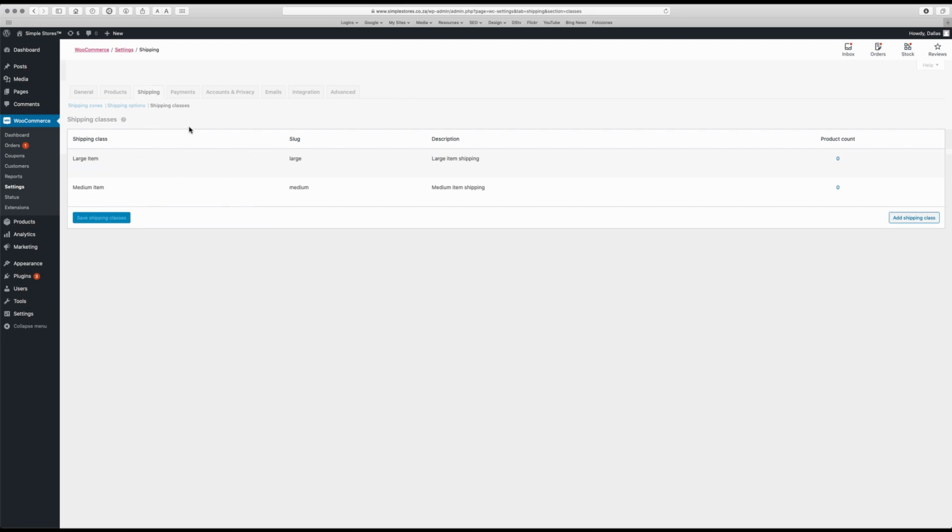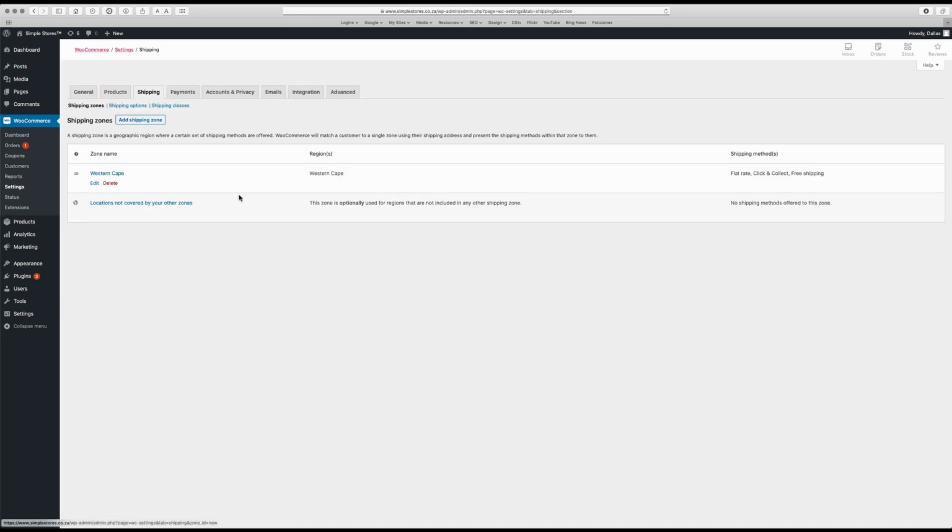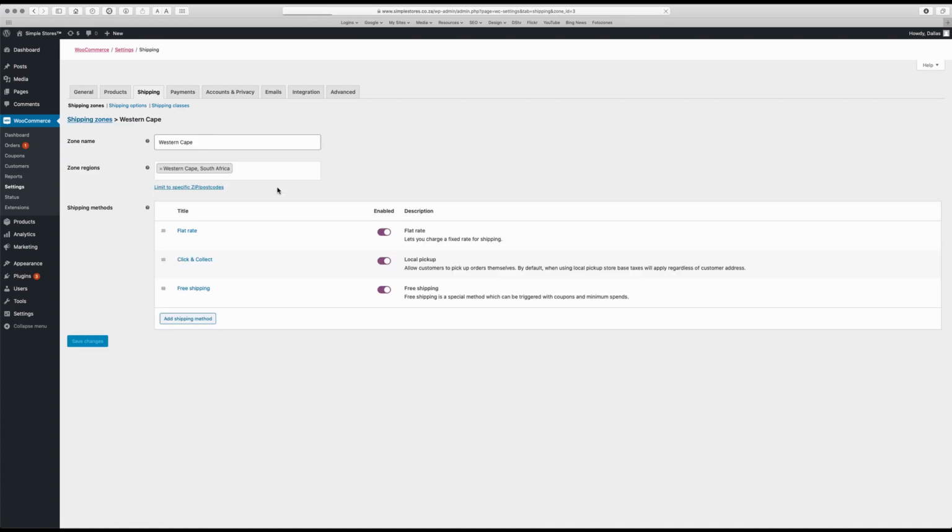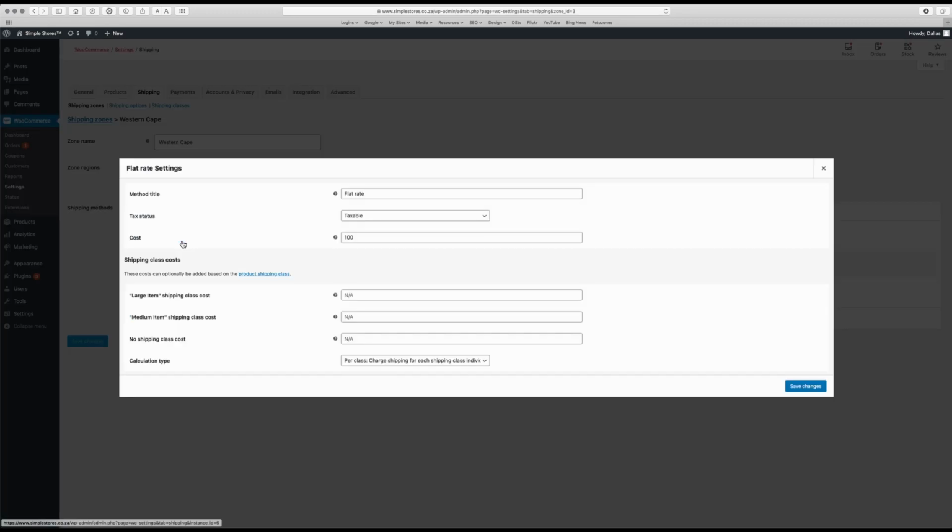Right, so we have now added some shipping classes. We go back to shipping zones, and we go back into the Western Cape, and you will see now that under flat rate, we have different rates that we can apply to each different shipping class. So under the large items, I might want to charge 500 Rand, and under the medium items, I might want to charge 250 Rand, and then everything else will be charged at 100 Rand. So I will save those,